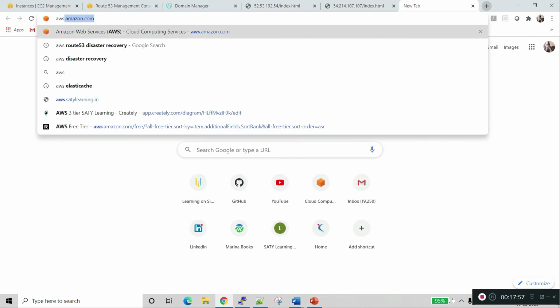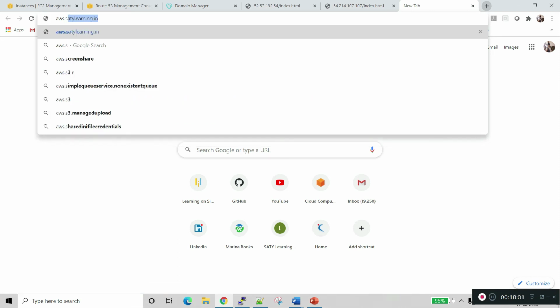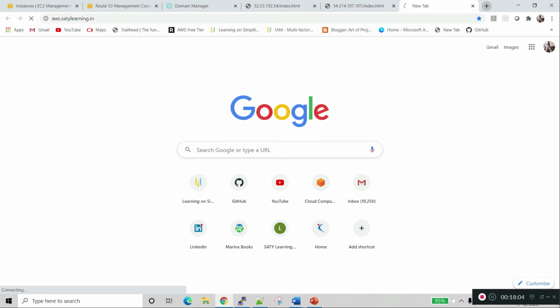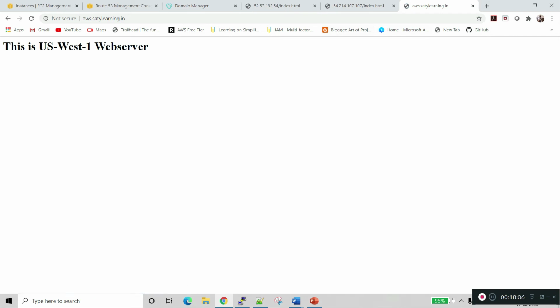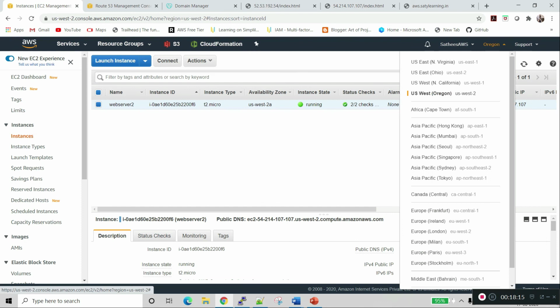Now we open aws.satlearning.in. This is the US West 1 web server which we created here.